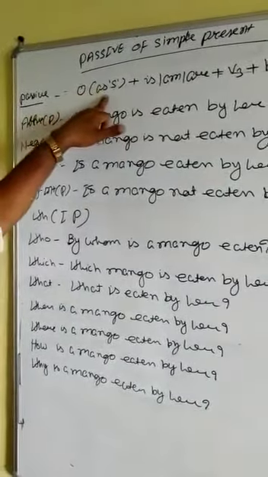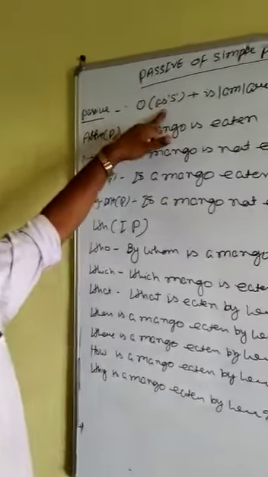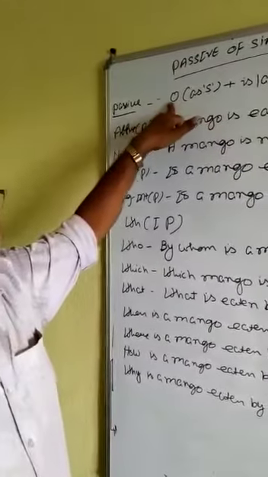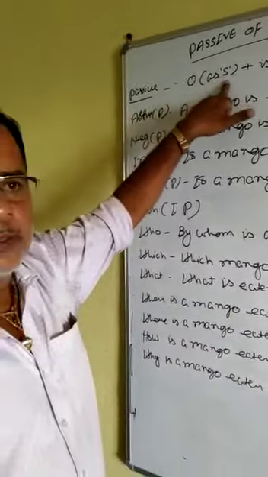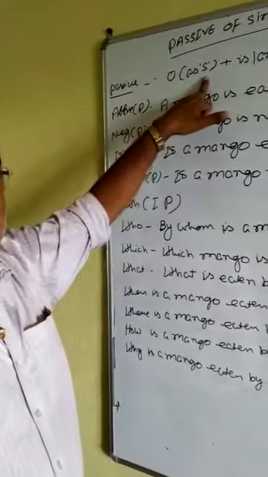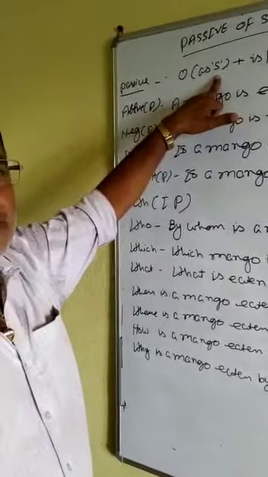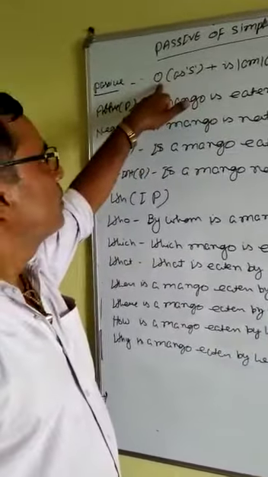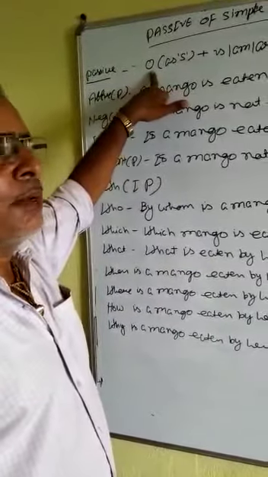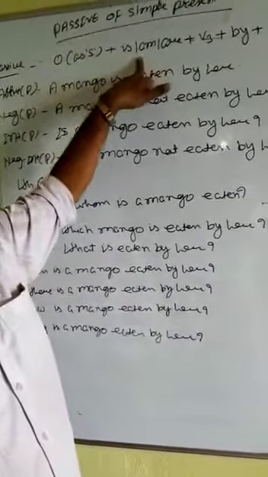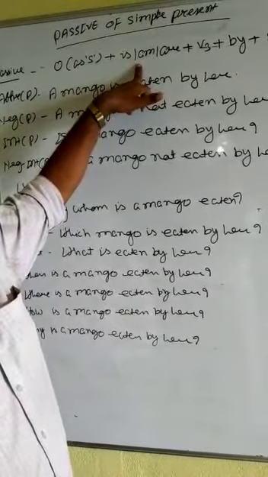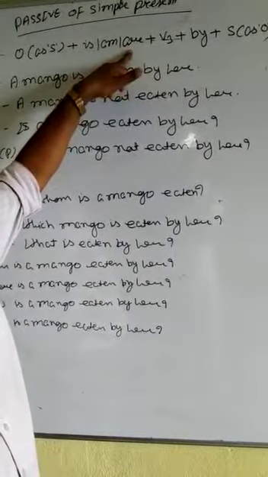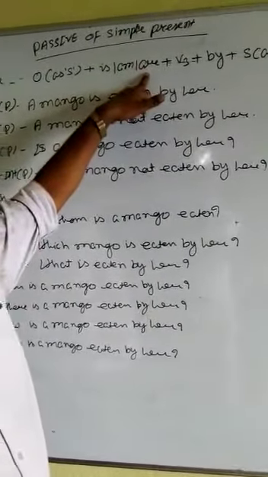O in bracket as S. You should know the object is treated as subject. Object is transformed into subject. When the active voice is changed into passive voice, the object of active voice takes place as subject in passive voice. Then after, in simple present, is, am and are are three auxiliary verbs which will be suitable with the subject.